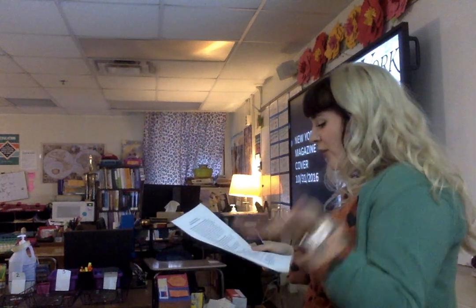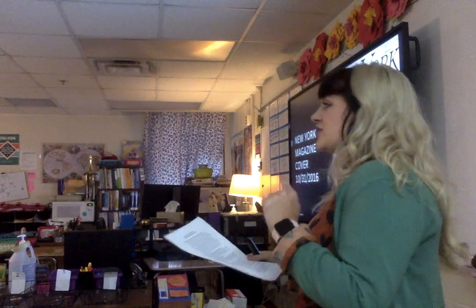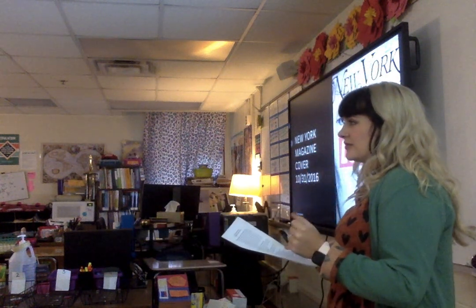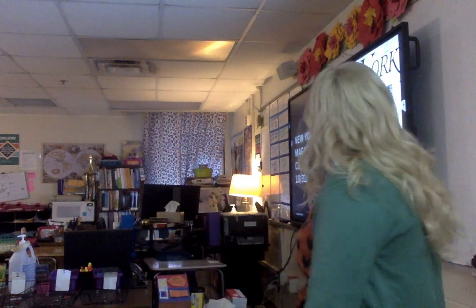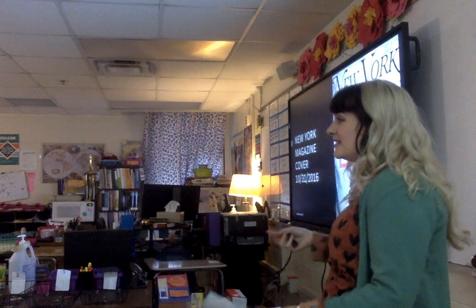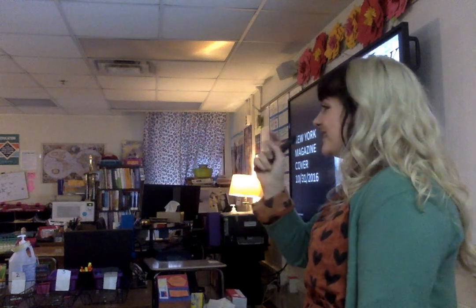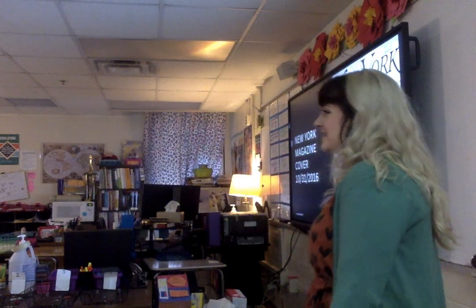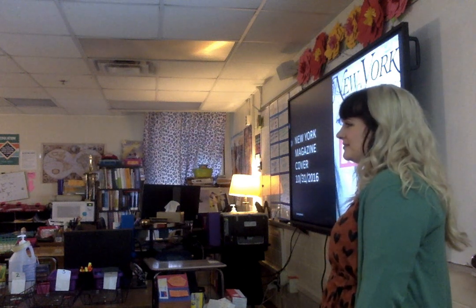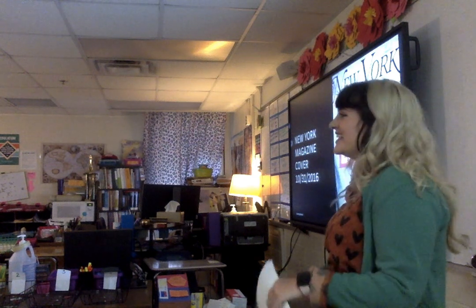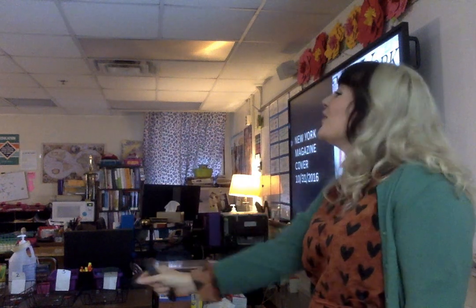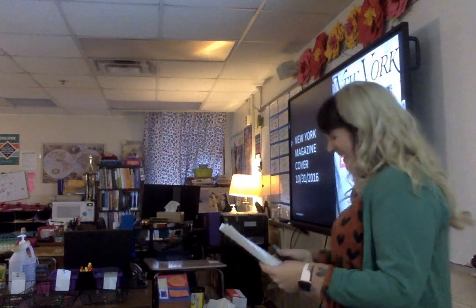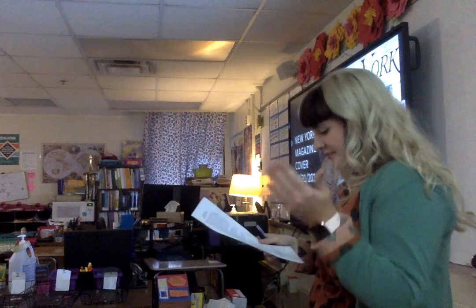Okay. Who are the editors hoping will purchase this magazine? Who do you think is going to buy it? Liberals, people that don't like Donald Trump. Yeah, people who don't like Donald Trump. Or you would have conservatives buy it because they see that and it makes them angry. It makes them want to see what they're saying. Right. Because it's that clickbait that they're like, oh no, what are you saying about my guy? Cool. Okay.